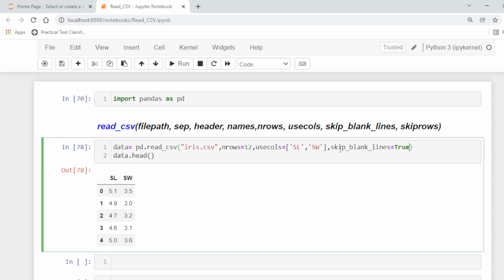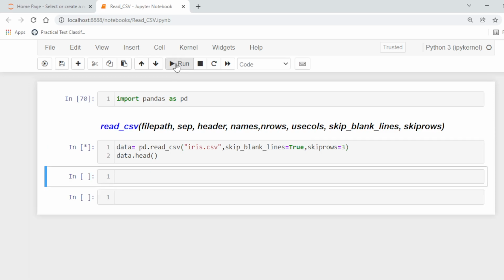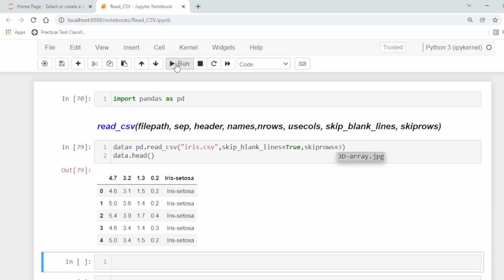For example, let's say we change this to true and skip rows, the number of rows you want to skip, for example 3. In this way it will skip 3 rows. You can skip a number of rows by using skip rows.